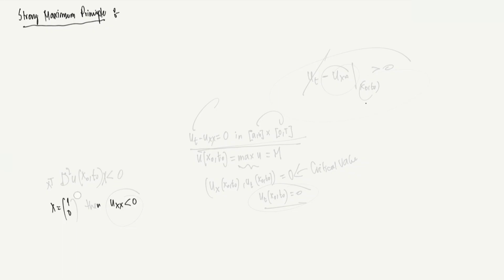So what you have is the strong maximal principle. Assume u is in C2, so twice continuously differentiable in the x variable, once continuously differentiable in the t variable. Is it okay? And then it is omega cross (0, t), intersection